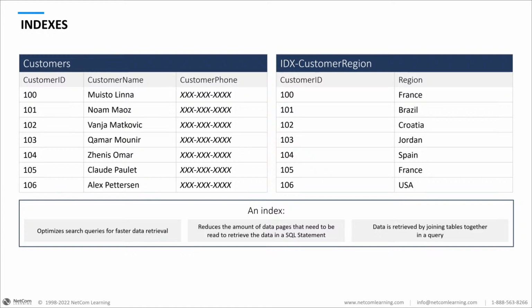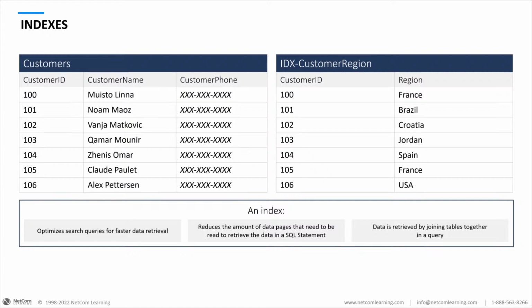B is greater than A, so I'm going to go to the B column. Oh, look, there's B. Okay, so B, R. Well, R is greater than A, and R is greater than B, and R is greater than C, and so on and so on. But even though it's looking at all those letters, it's still faster than having to look at every single record in the database.